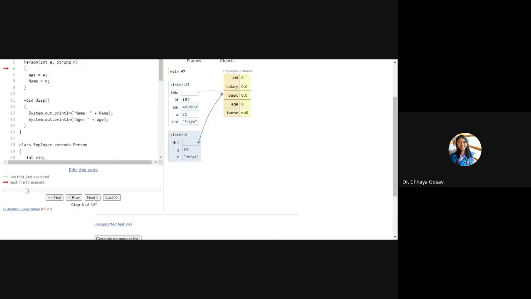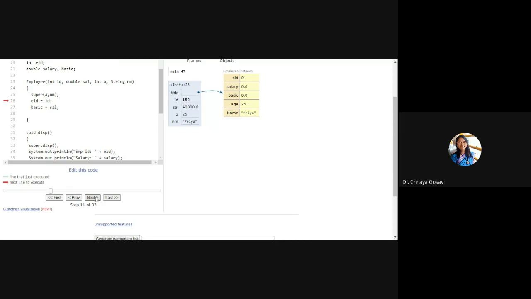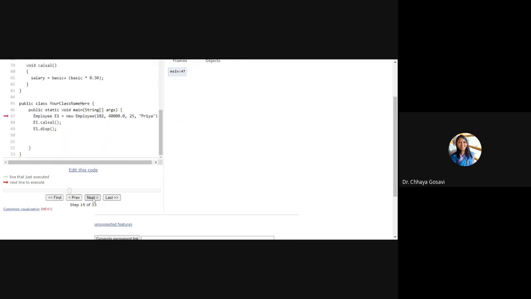It has initialized name and age, with 25 and Priya, and then the remaining values, employee ID and basic salary. Then we have called E1 dot calculate salary. Calculate salary is getting called here, so that is 60,000, and the salary will be updated. And then we call the display function with E1.